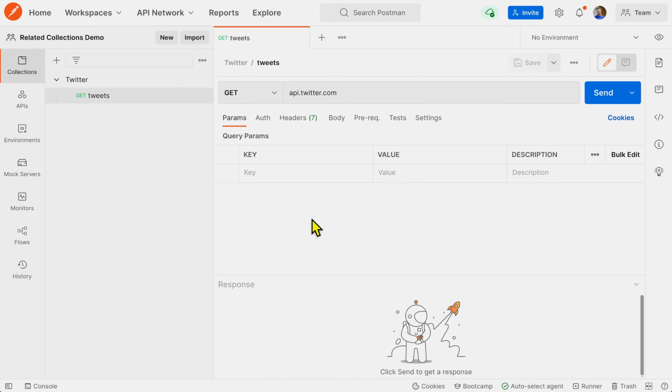Postman is a great tool for testing APIs, but it's also incredibly valuable for discovering new APIs and discovering things on our public API network. One of the ways to leverage this in Postman is with related collections. So for example, if I've searched for api.twitter.com or entered it in the URL bar, if I want to see